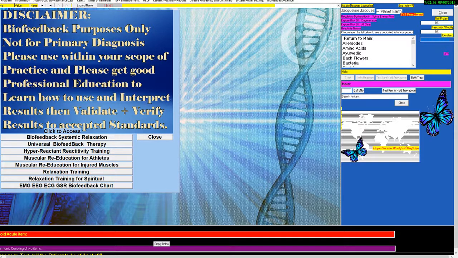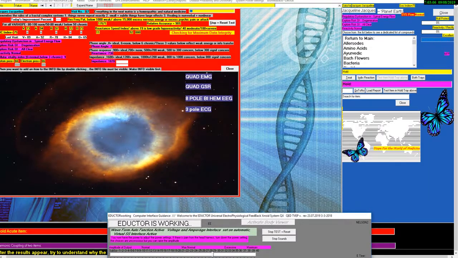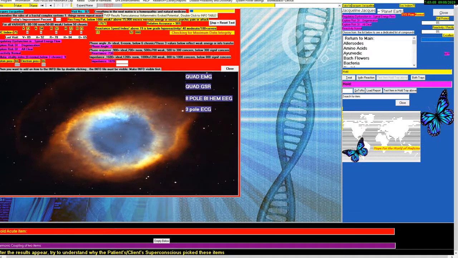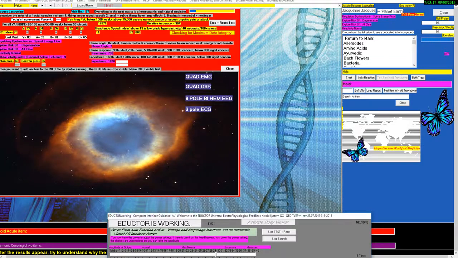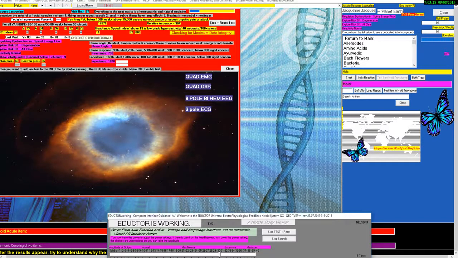And what is nice, the test usually will last 4 minutes, and I myself do not speak to the client. I like to leave the client alone. It's not an obligation, but this is what I like to do so that the client can be quiet, sitting, not talking, not crossing the legs, not crossing the hands. And so here, while we have those 4 minutes, I can just give you some explanation about all those